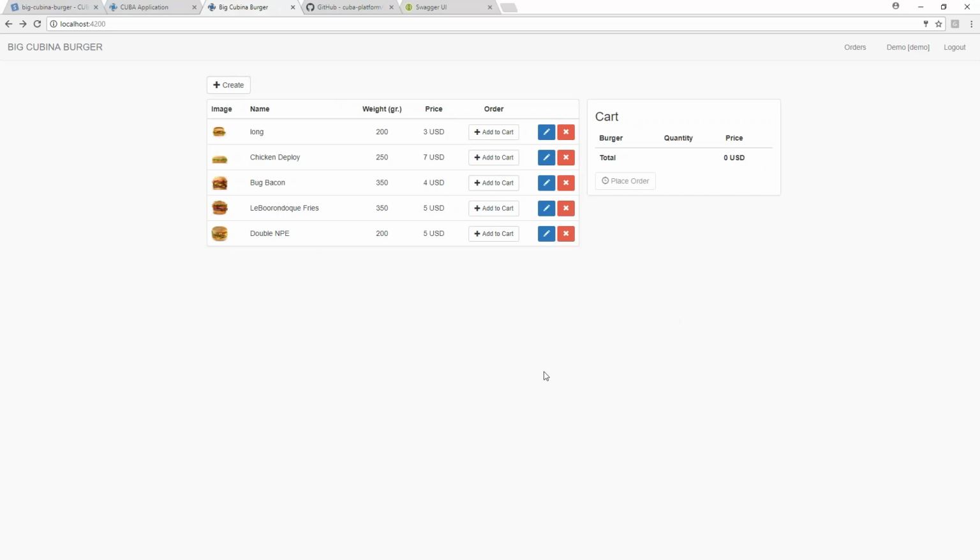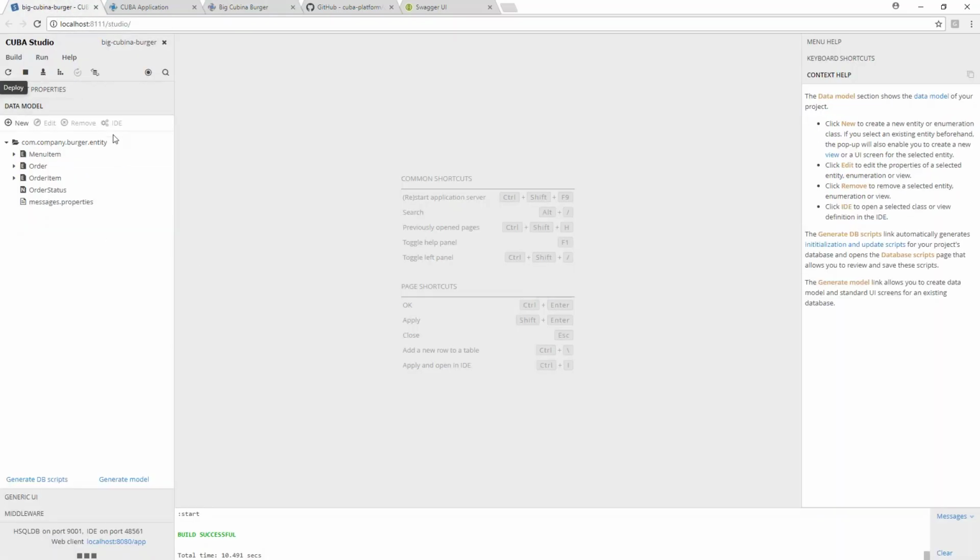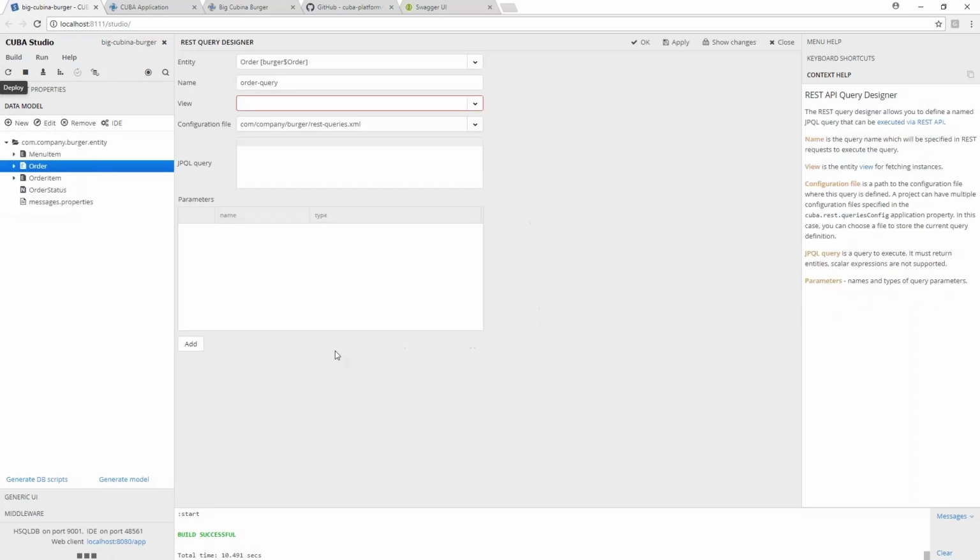The last thing that we need to add is an ability to overview the user's orders. For that purpose, we are going to create a REST query which filter orders by user login. So let's go to the studio, open data model section, select order entity, click new REST query, set name user orders query, select view order view, set jQuery query.